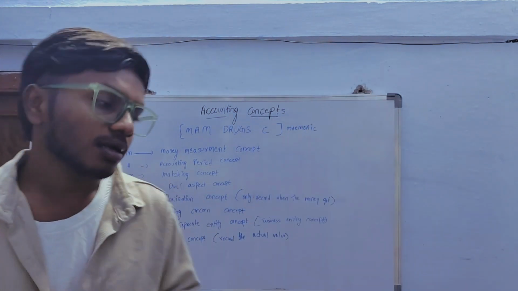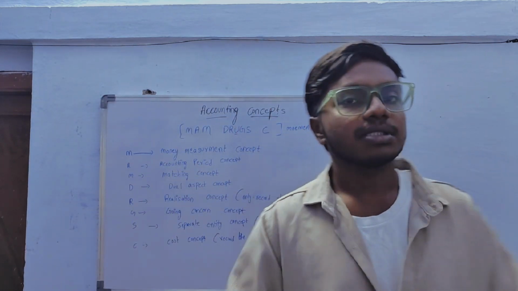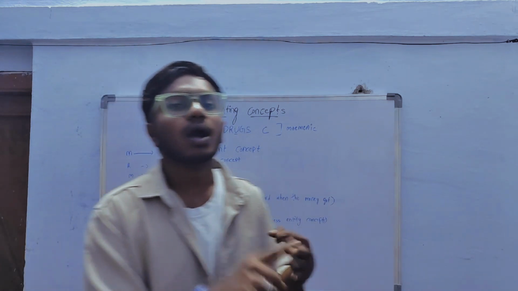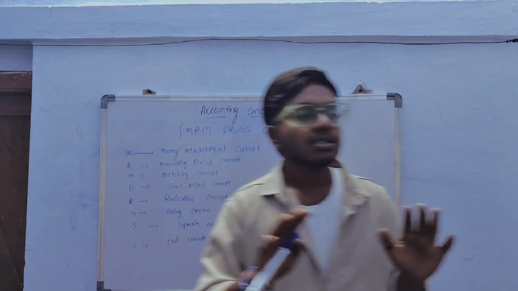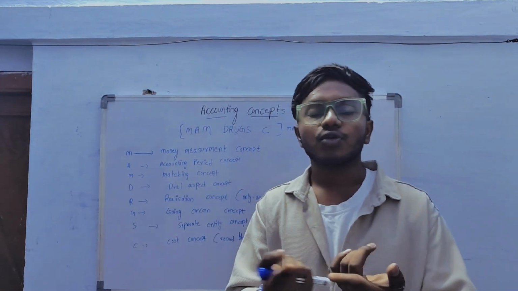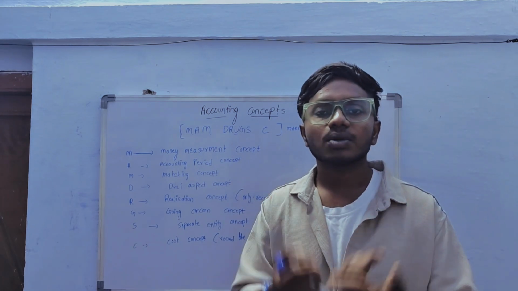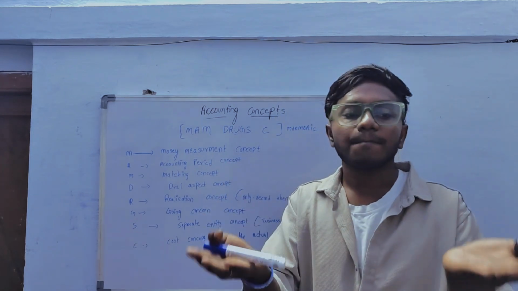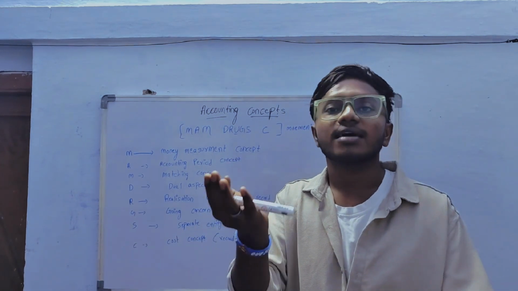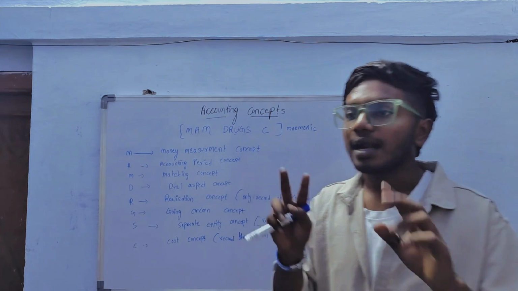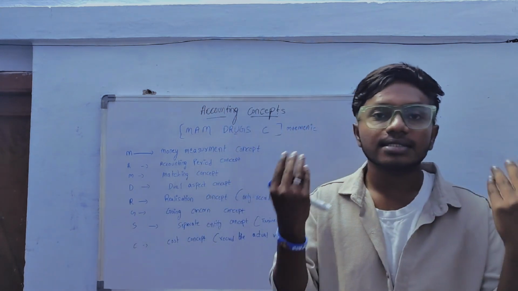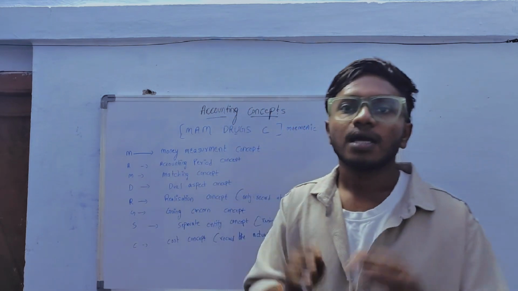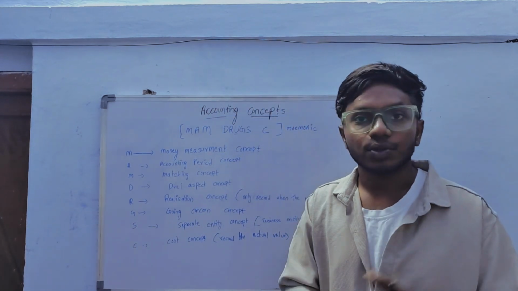So, let's go. Today, we are going to discuss the GAAP principles and accounting concepts. What are GAAP principles? GAAP principles are generally accepted accounting principles. Why this GAAP principle? These principles are to make uniformity in all the accounting standards in the world. If all the accounting standards are the same, it is easy to compare businesses and their profits and their financial position. That is one thing. Another thing, if all the standards are the same, then you don't get any confusion while recording the transactions. So that's why GAAP principles are introduced.